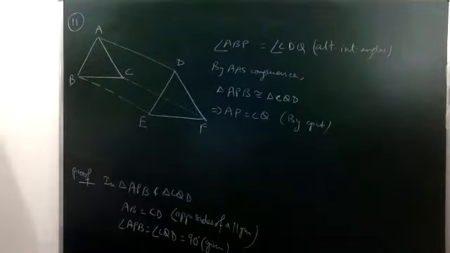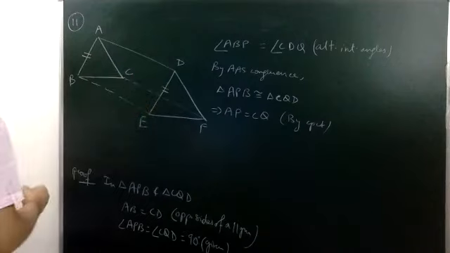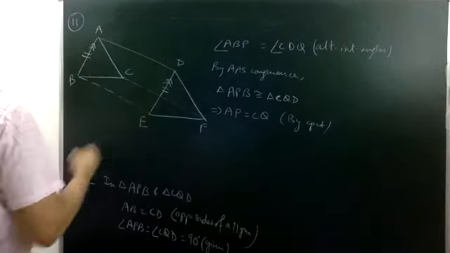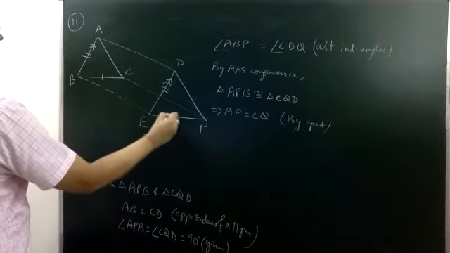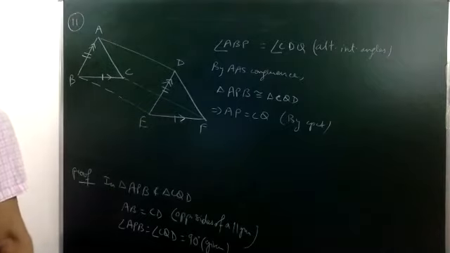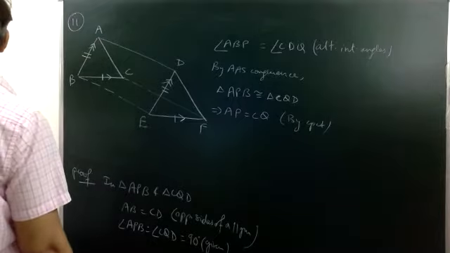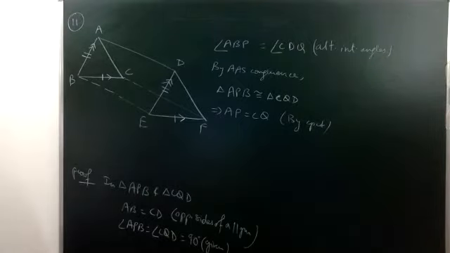Okay. So in triangle ABC and triangle DEF, AB is equal to DE, and AB is parallel to DE. BC is equal to EF, and BC is also parallel to EF. Vertices A, B, and C are joined to vertices D, E, and F respectively. We have to first show ABED is a parallelogram.